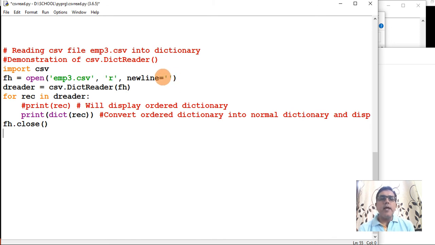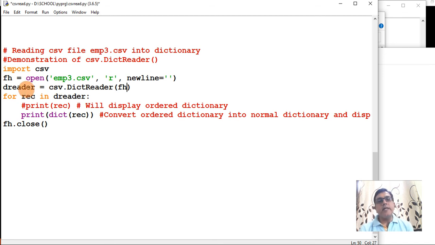While writing, the newline character was empty, so while reading also it is empty. Then there is a dictionary reader object, dreader, csv.DictReader, and I have given the file handle to this, from which file I will be reading the dictionaries. Now the complete data will come in dreader.